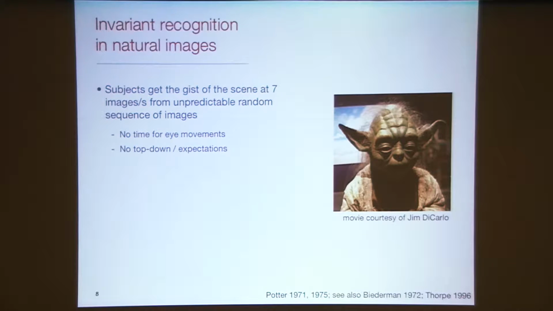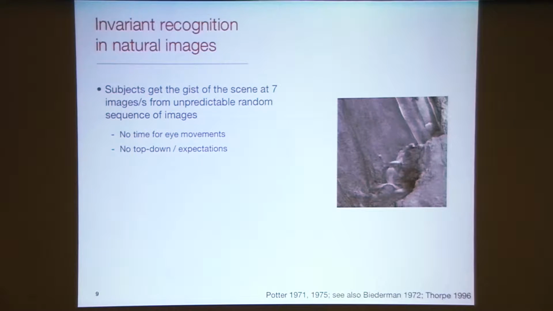So I could ask you whether you saw an animal, yes or no, whether you saw food items, etc. And human subjects are quite good at this task, even despite the speed of presentation of these images. So a slightly more modern twist to this task is what Simon Thorpe called in the mid-90s the Ultra-Rapid Categorization task.